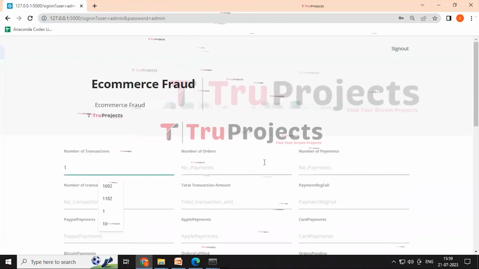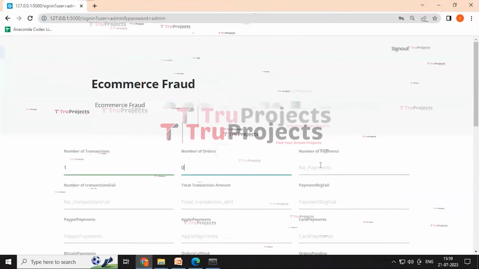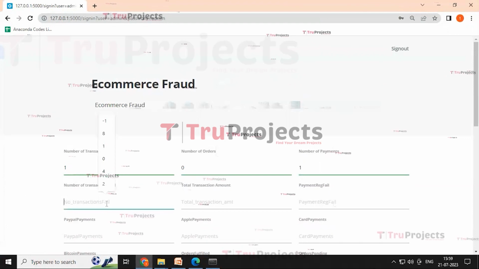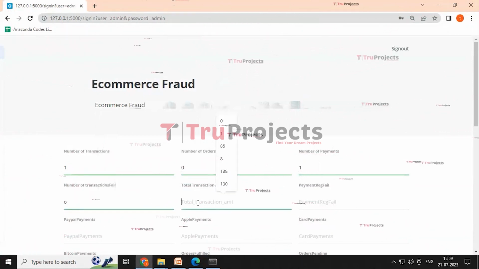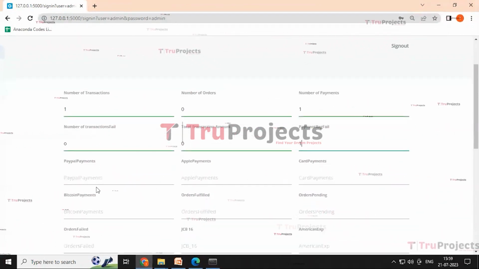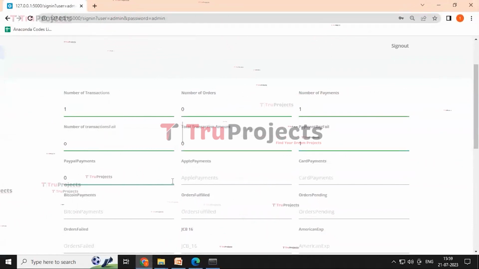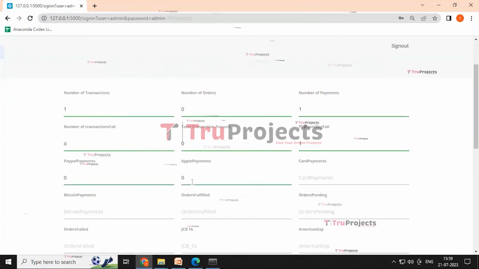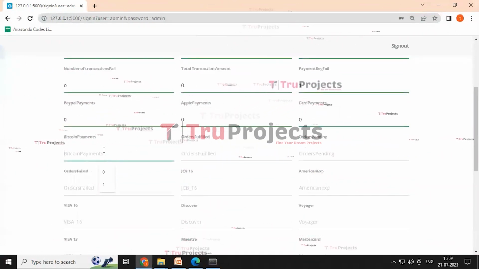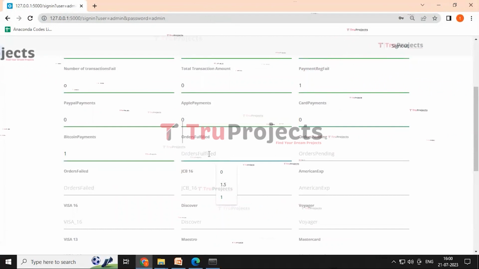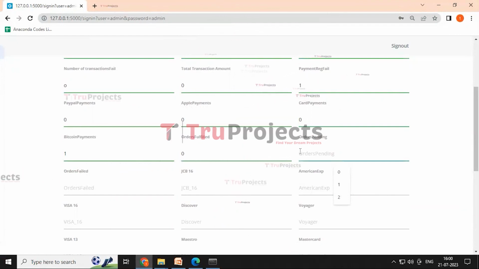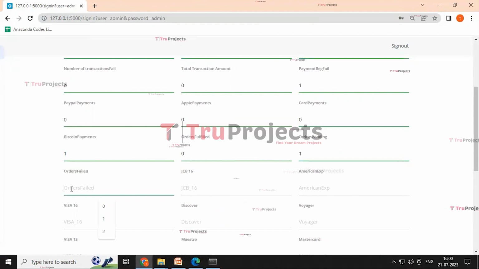Number of transactions is 1, number of orders is 0, number of payments is 1, and the number of transaction failed is 0, and the total transaction amount is 0, and the payment registration failed is 1, and the PayPal payments is 0, and the Apple payments is 0, and the card payments is 0, and the Bitcoin payments is 1, and the orders fulfilled is 0, orders pending is 1, and the orders failed is 0,